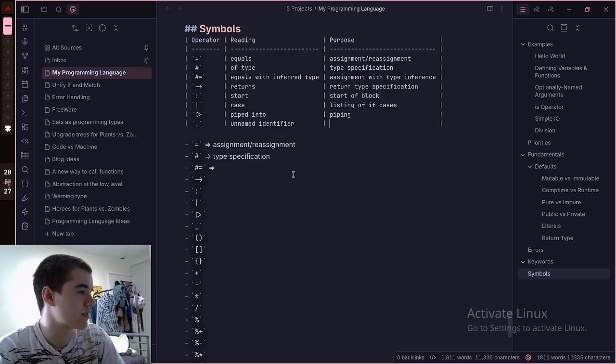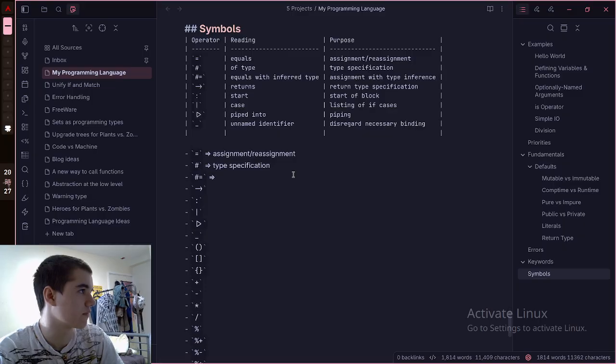Well, purpose is just disregard necessary binding. Okay, and then at can be used for target. So target for piping,